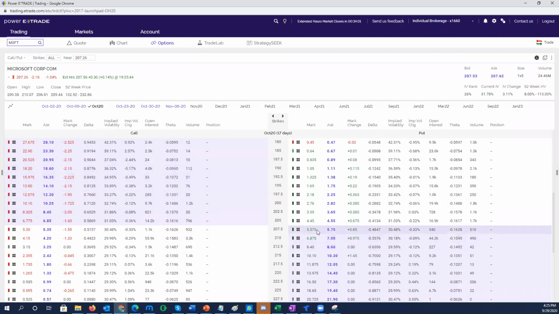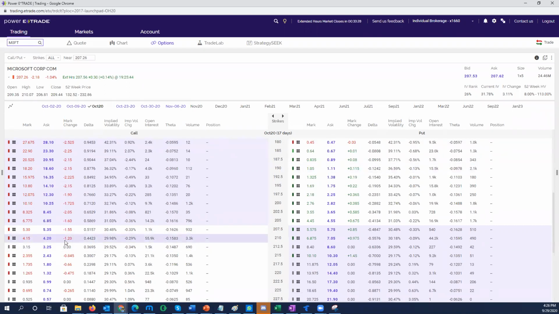For the put option, it is just the reverse. Anything above this 207 is in the money. That is a different discussion, but just for clarification. Here they have different strike prices: 205, 207.5, 210, 212.5, 215. Now suppose you are expecting Microsoft to go to 210 in another 17 days. So you buy this 210.